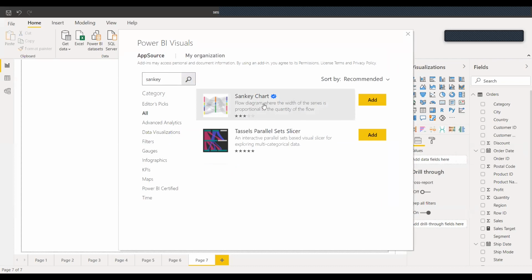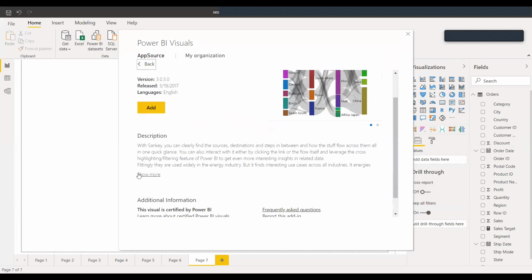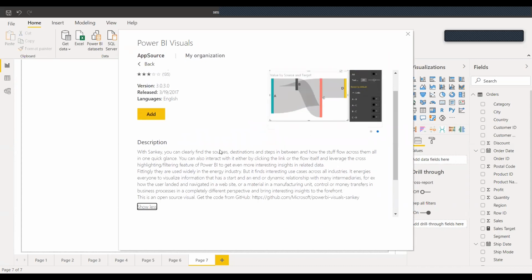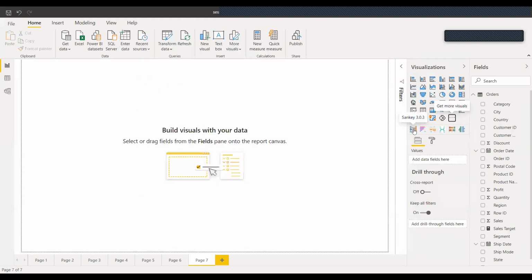This is the Sankey chart, and this is another Sankey chart, but we'll go with this. If you click on this, it will give you a description of this chart. If you have time, you can go through the description. Basically, it will tell how this chart can be used and what the purpose of this chart is. If you click add, it will get added. I have already added this chart. It's here.